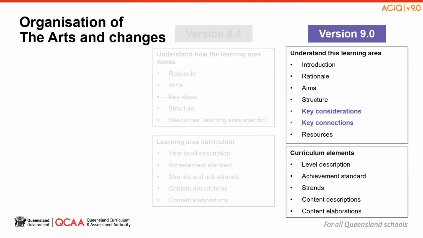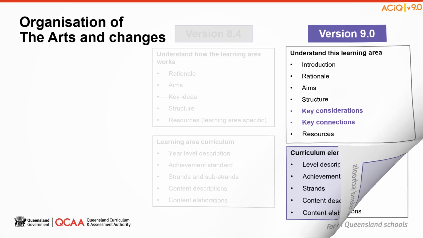Moving across to version 9 on the right, we can see the changes, especially in the language and grouping of ideas, which help to sharpen our understanding of what the arts is. Version 9 begins with the Understand this learning area section, which provides detail of the intent and a snapshot of the structure. Following the Understand this learning area is the Curriculum Elements section, which shows the content associated with the